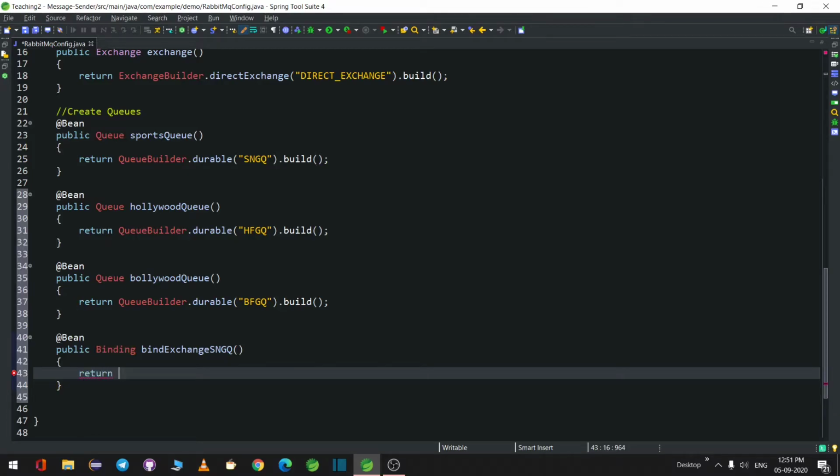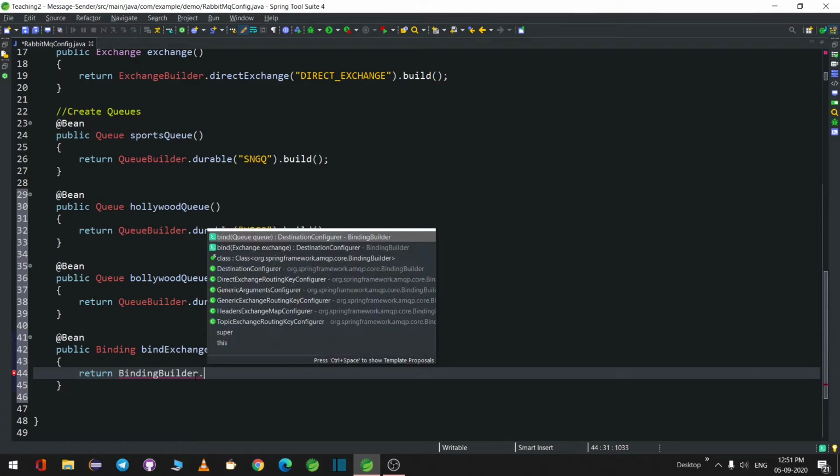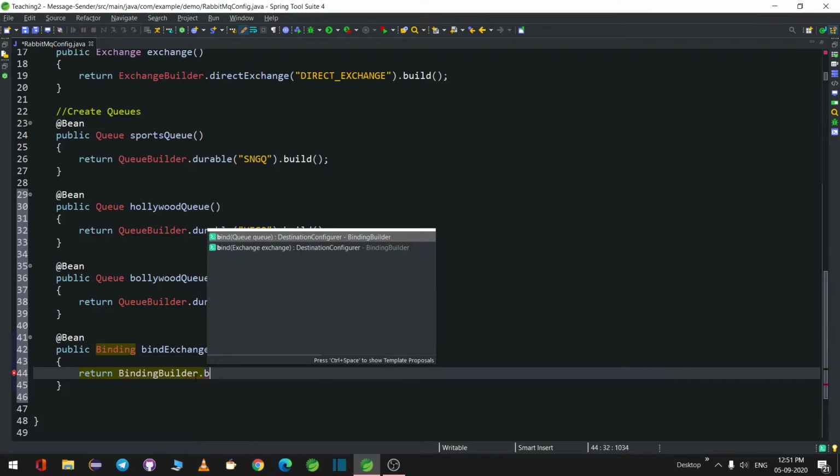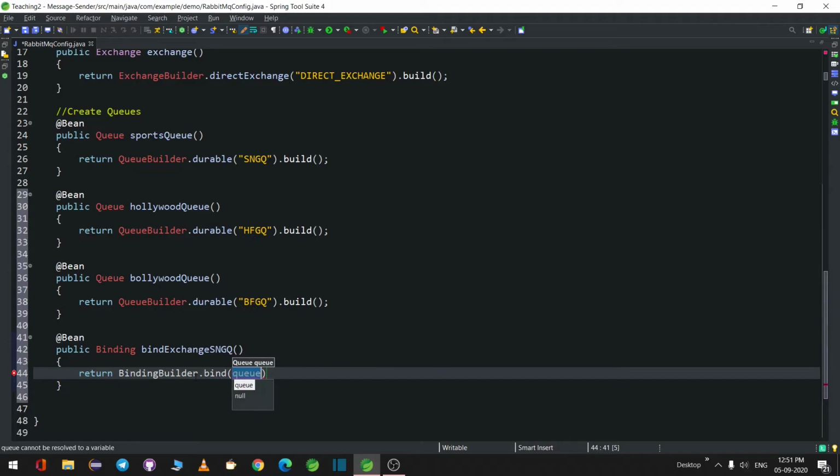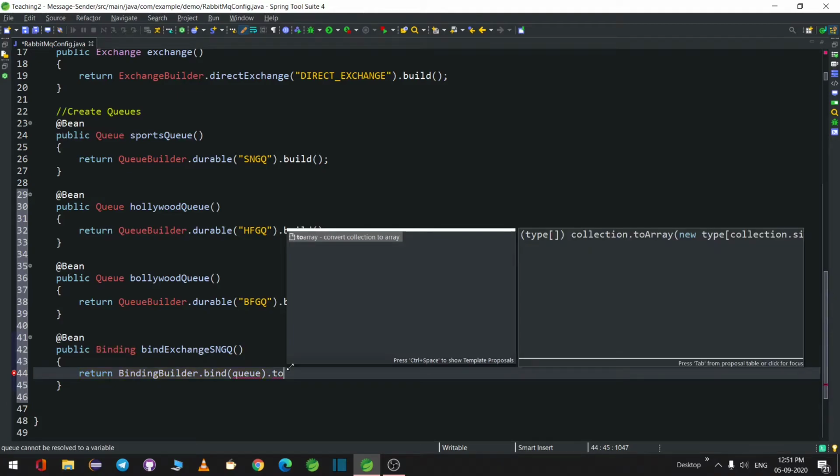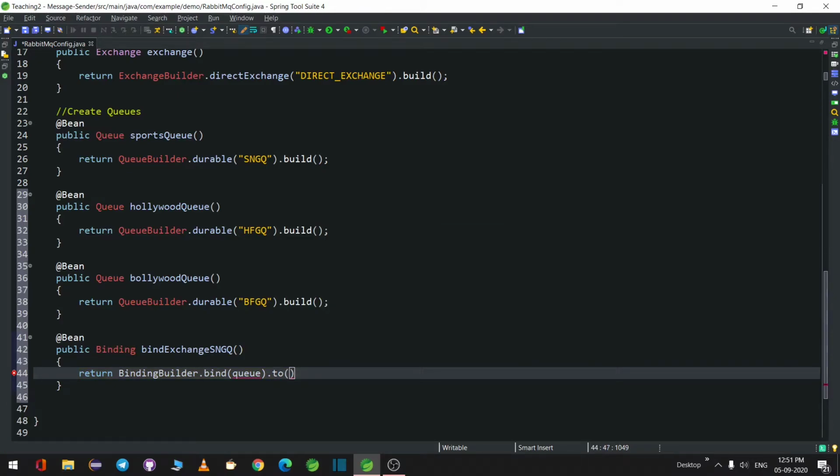Okay, return BindingBuilder. So basically with BindingBuilder, you can use the bind method. So what is the queue you want to bind with? Sorry, to which exchange you want to bind? So basically this has to come from a parameter here.